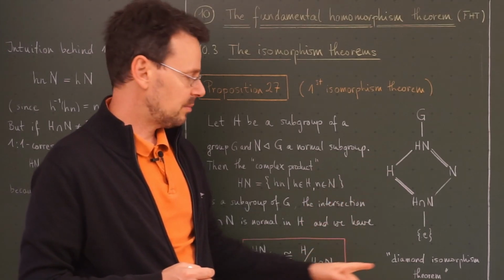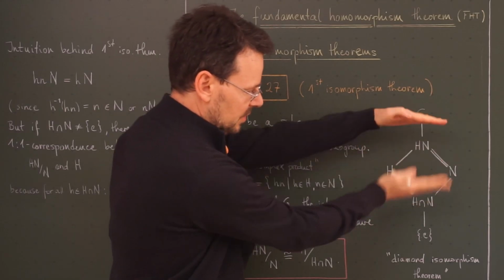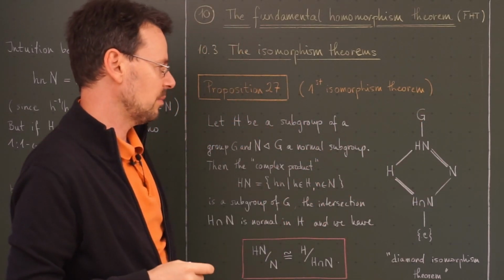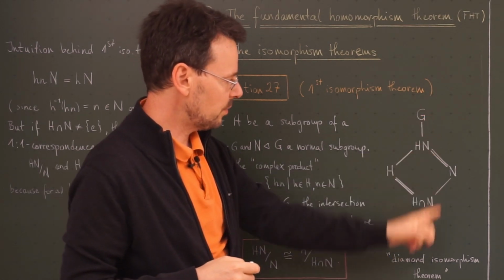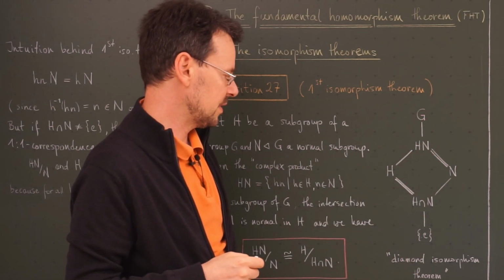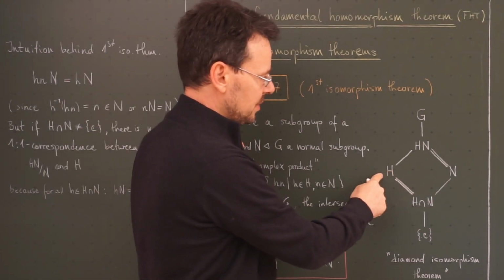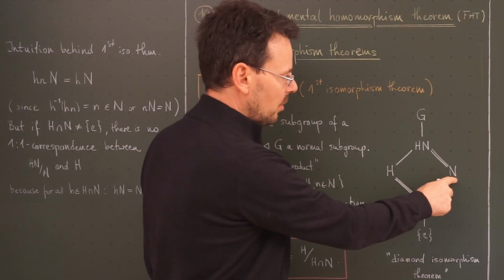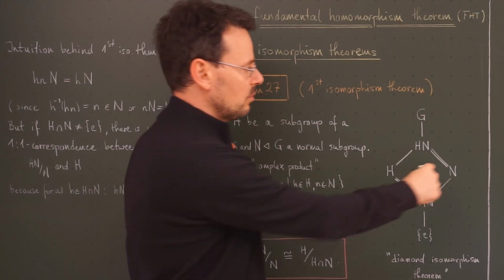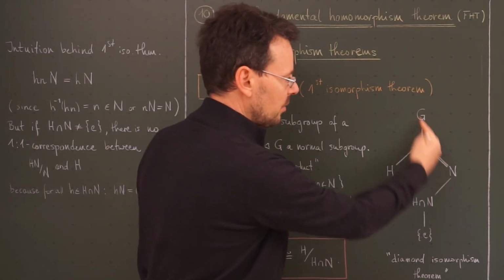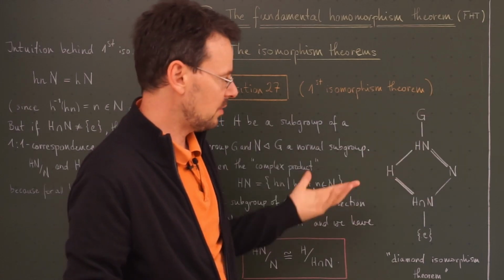That's the reason why it's sometimes also called the diamond isomorphism theorem, because of this part here that looks a little bit like a diamond. So we have the whole group and we have the trivial subgroup consisting only of the identity. Then here we have a subgroup H, and here we have a normal subgroup N. These double lines always mean normal subgroups. Actually, N would be a normal subgroup of G, but it's only interesting here that it's then also a normal